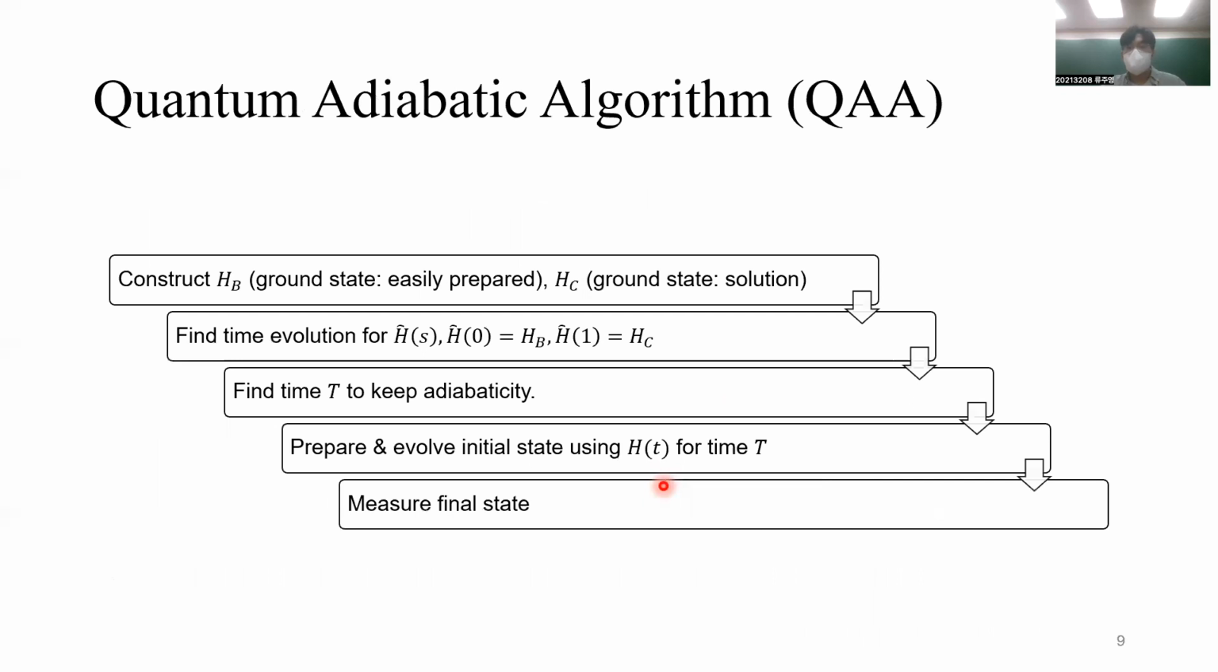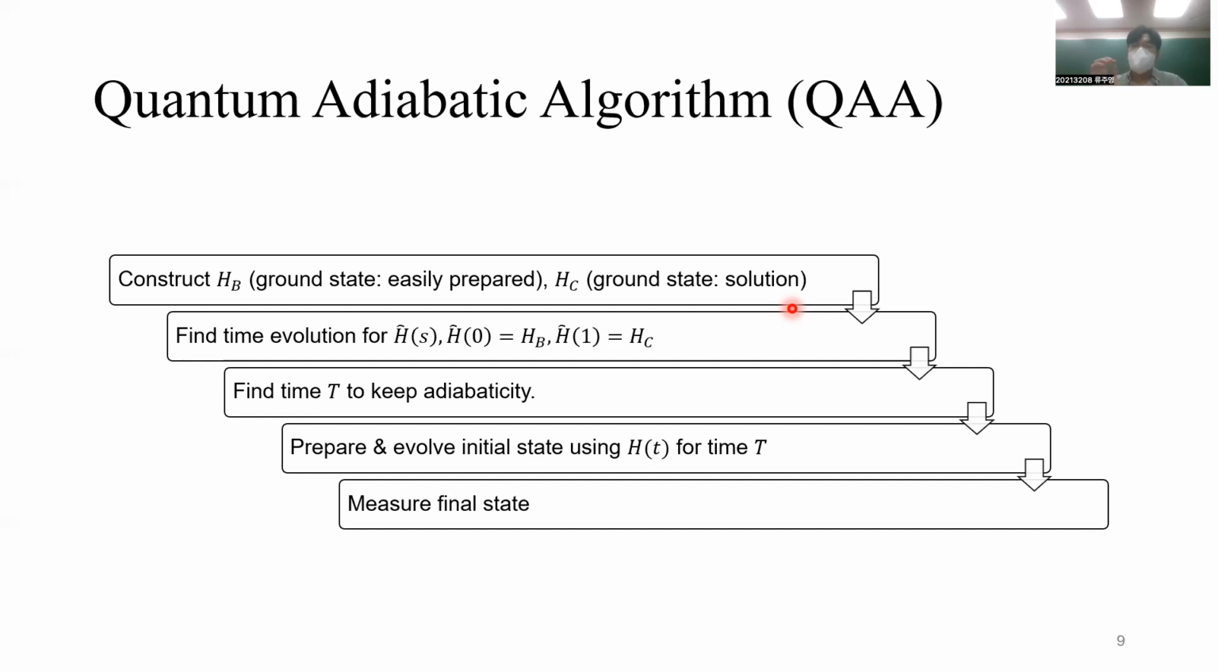And so we can use this to do some calculations, and this is called the quantum adiabatic algorithm. Let's say that we create some initial Hamiltonian which has a ground state which we can easily prepare, and we have the final Hamiltonian which has the ground state that encodes the solution. So we want to change from this easily prepared ground state to the solution state. Then we simply find some strategy for time evolution from the initial Hamiltonian to the final Hamiltonian, and we find the time to keep the